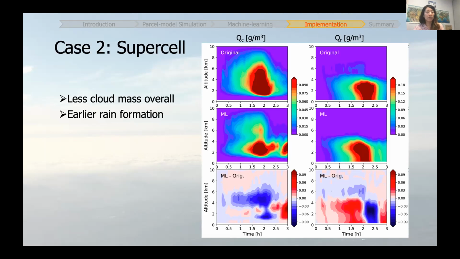So having precipitation earlier, and also this conversion from cloud to rain being quicker, is very good news actually. But if we want to know which is right, we have to have observation and look at a real data case instead of this idealized case. So if you go to the next slide,